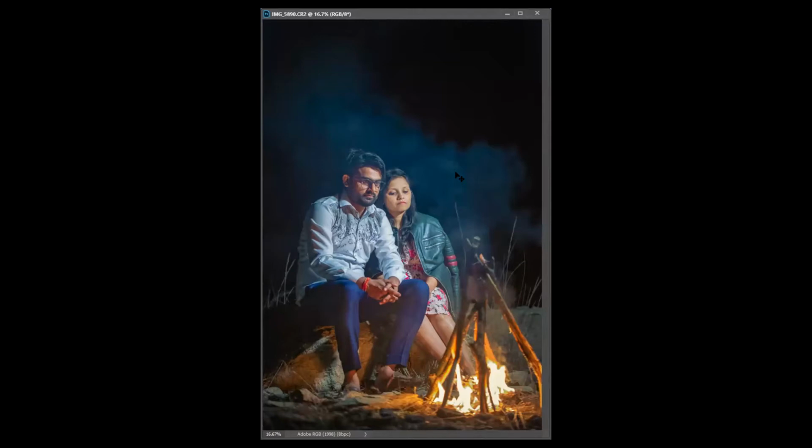You press Control E, that image will automatically, even if your Photoshop is closed, it's not a matter. It will open Photoshop and transfer your photo to Photoshop. Any doubts till now?